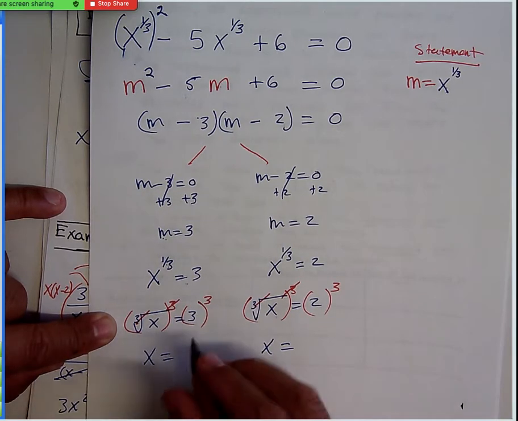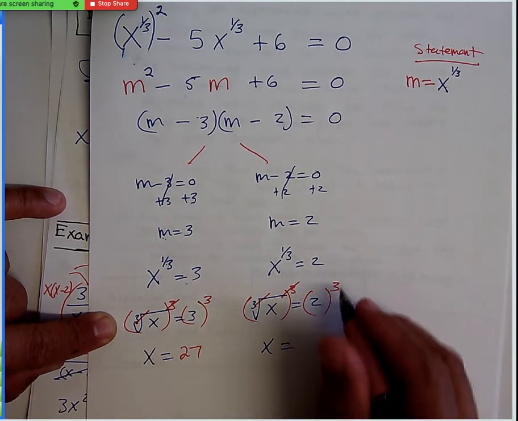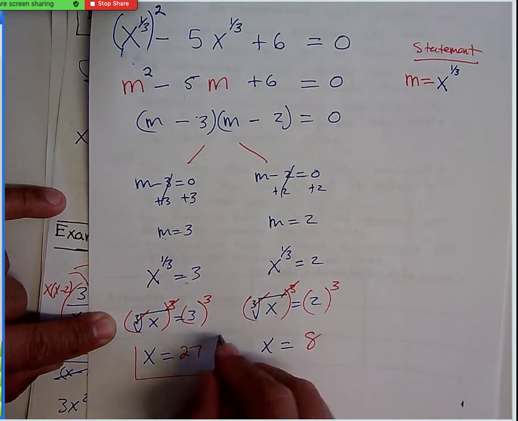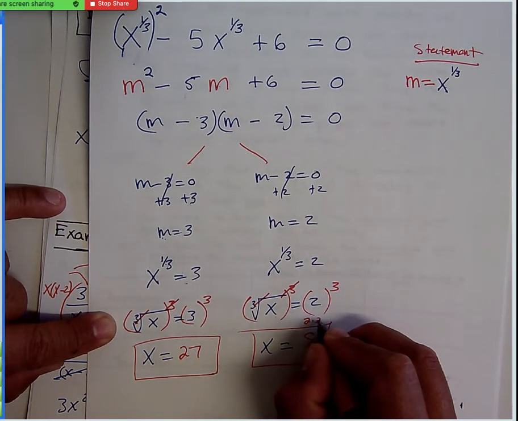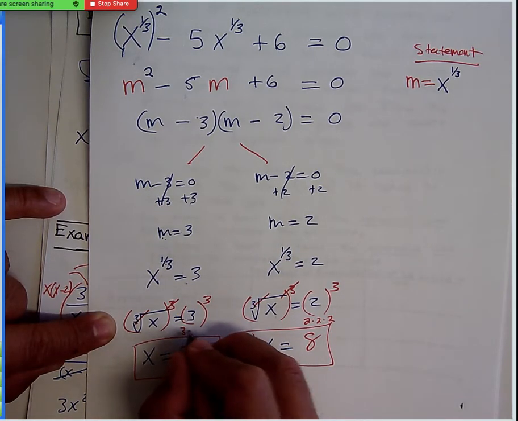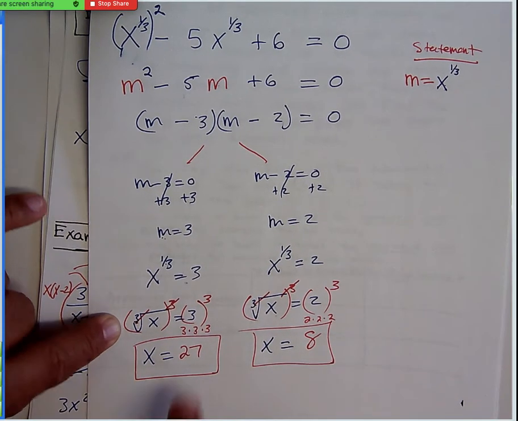3 cubed gives you 27. 2 cubed gives you 8. And those are the answers. So 2 cubed means 2 times 2 times 2, guys. 3 cubed means 3 times 3 times 3. And that's how you